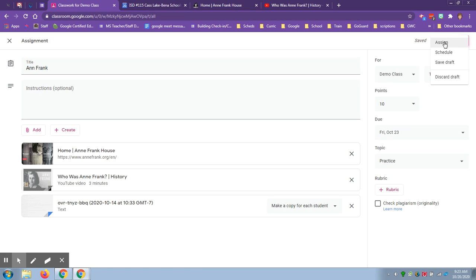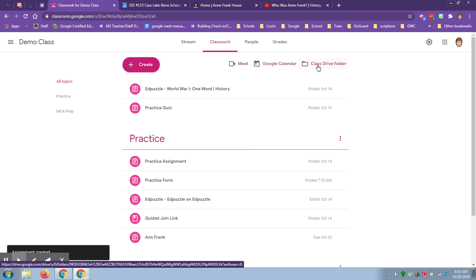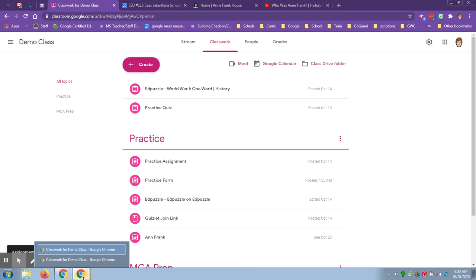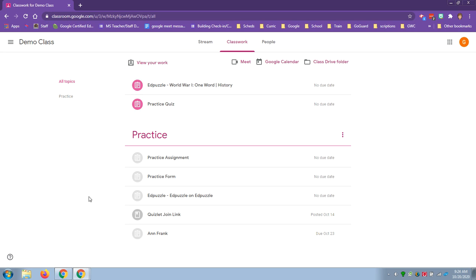I can assign it to multiple classes at the same time, which will put it there immediately, but I cannot schedule it to multiple classes at the same time. So we're going to go ahead and assign that. And then one thing you can do as a student, I'm going to switch over to the student view real quick,